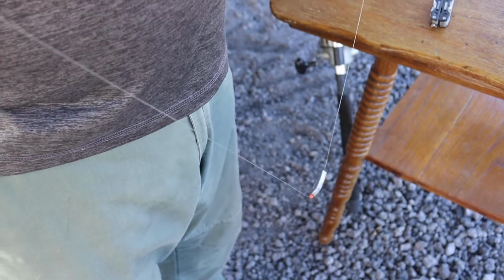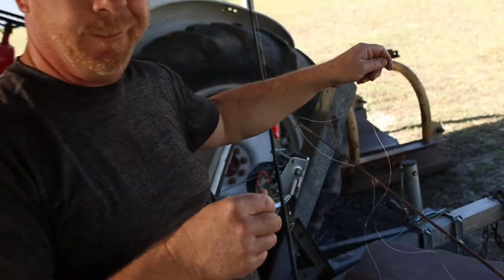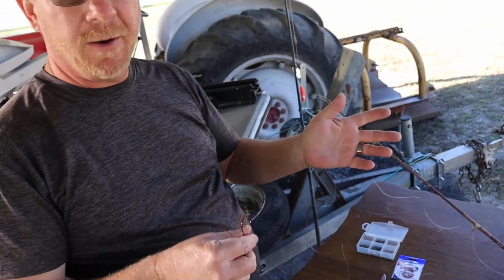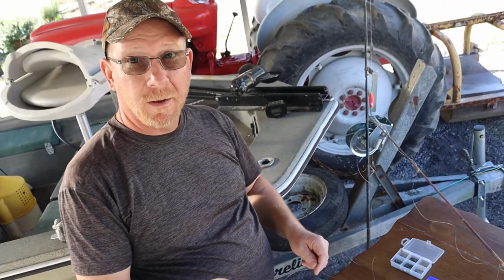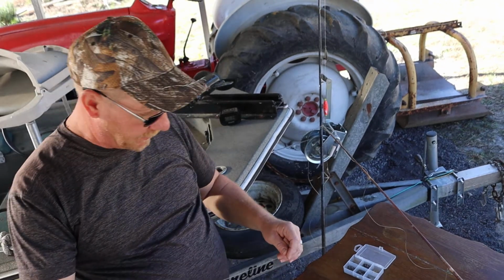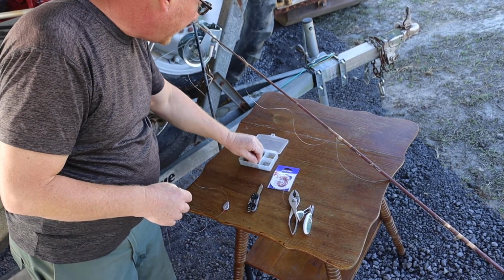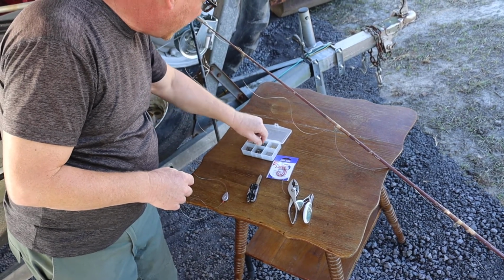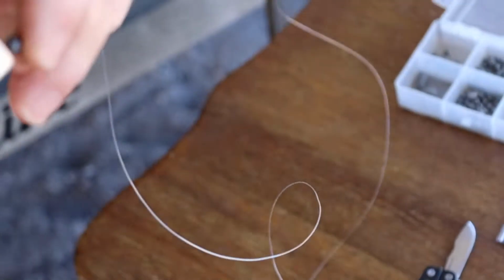Now when we're catfishing, one thing that I've found over the years is that, contrary to popular belief, catfish do not swim along the bottom. Catfish swim about a foot off the bottom of the lake or river floor. So we're gonna take about a foot, and we're gonna put our split shot. And I'm just gonna use a small one. And we're gonna put it on. And then we're going to take our pliers and we're going to clamp it down